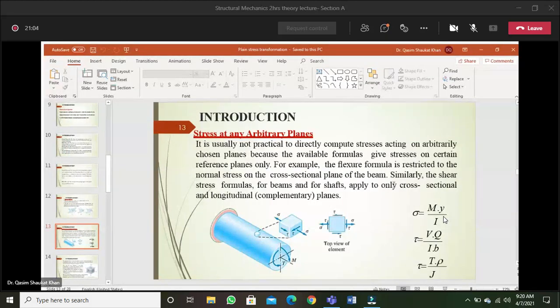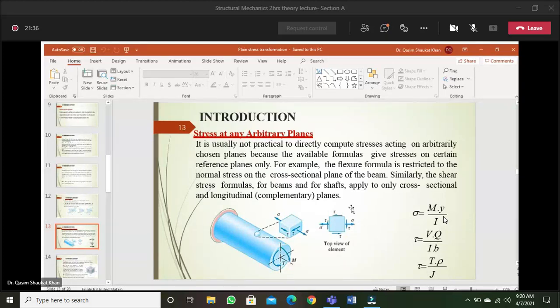Similarly, this is the shear stress formula. This shear stress formula you will study in more detail in this subject as well. You will also study how to calculate the shear flow, how to calculate the shear center. So shear stress tau is equal to VQ over Ib, where V is the shear force, Q is the first moment of area, I is your moment of inertia or second moment of area,